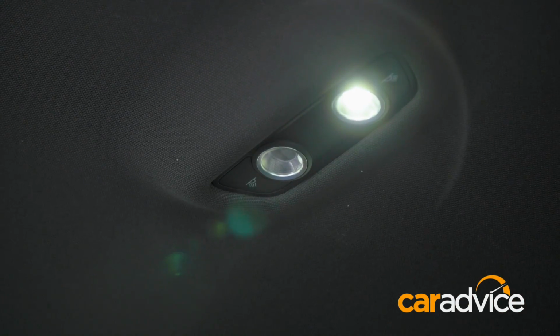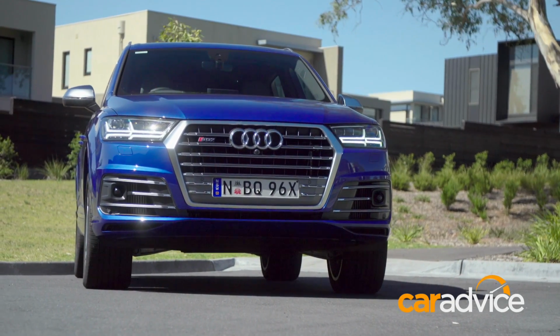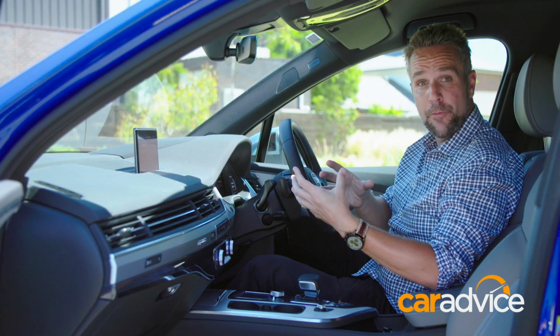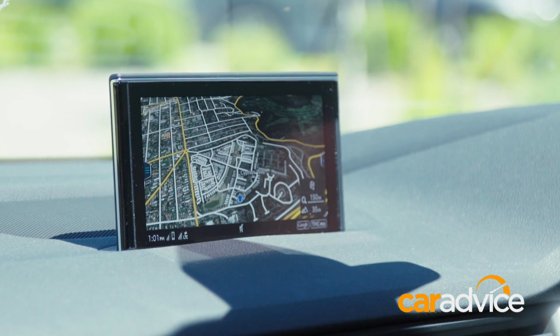But enough about all of that. Let's get up to the front, where all the fun stuff is. Well, Audi have gone full house with the technology in the SQ7. Up here in the centre of the dash is an 8.3-inch high-resolution display. Now that handles all of your infotainment, which includes Apple CarPlay, navigation with Google Maps overlays, which is pretty cool,